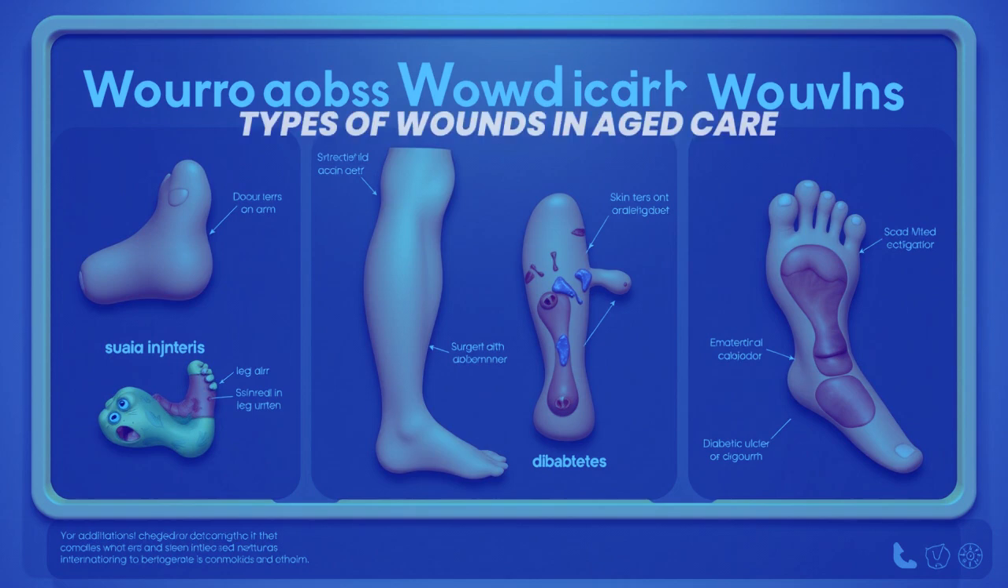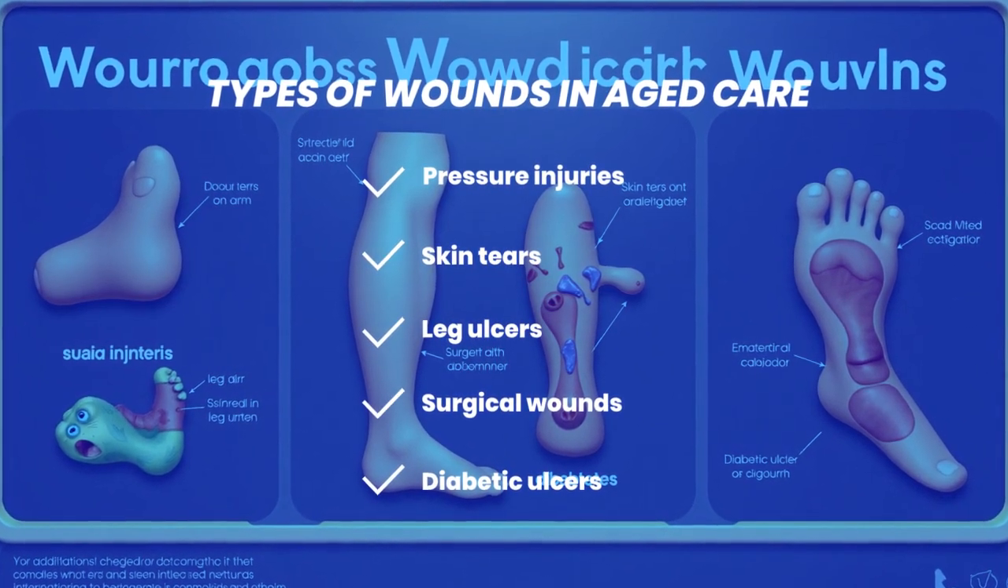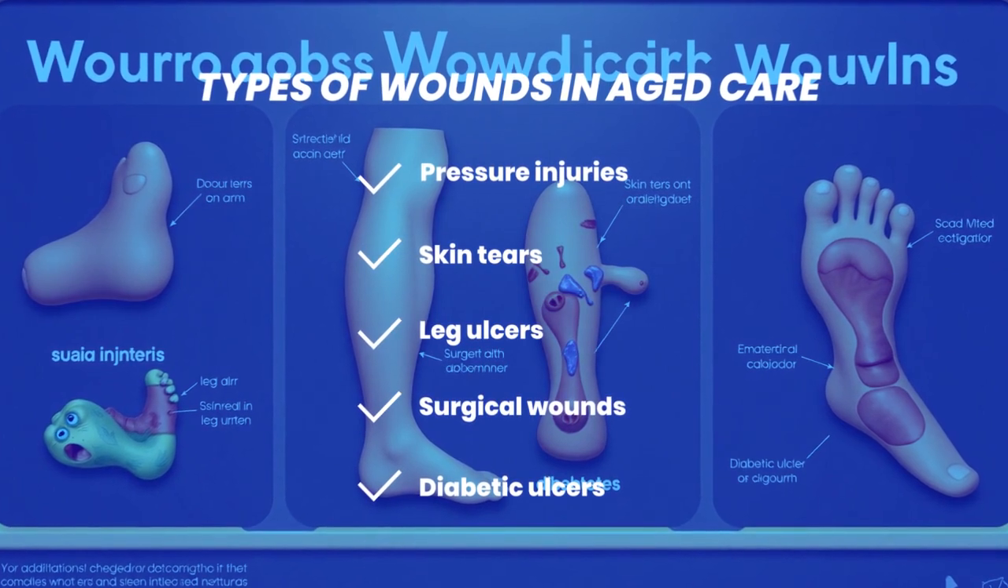Welcome! In aged care, wound care and pressure injury prevention are critical skills for every RN. Residents are often at high risk due to immobility, chronic illness, or age-related skin changes. Today, we'll cover the types of wounds you may see, how to manage them safely, perform dressing changes, and properly